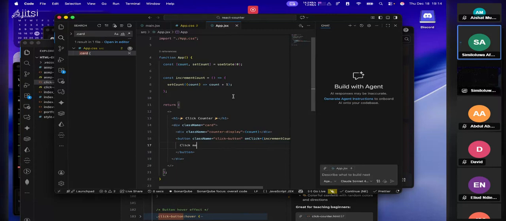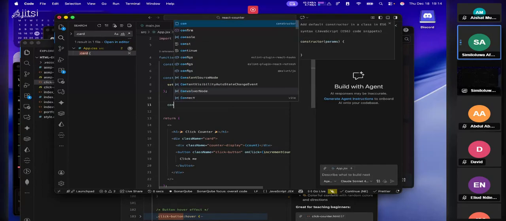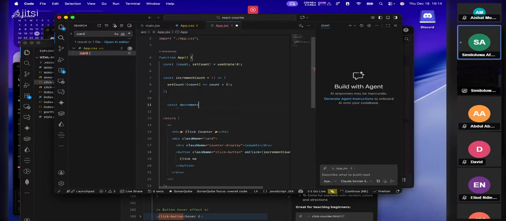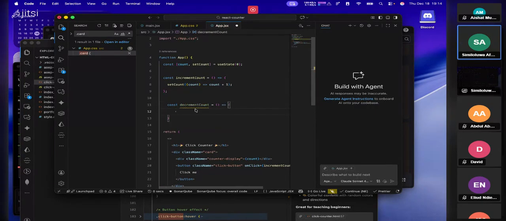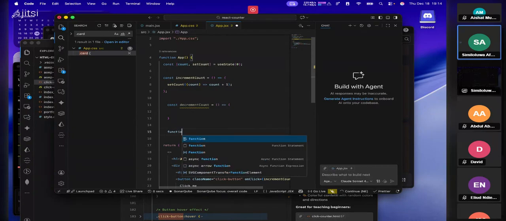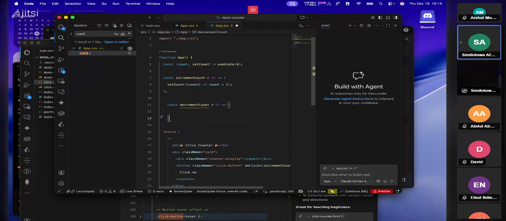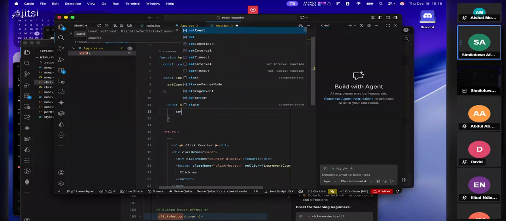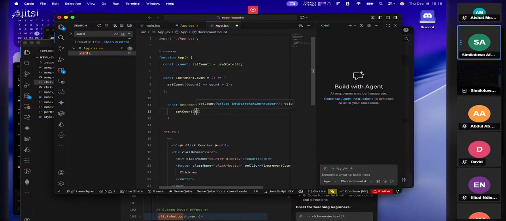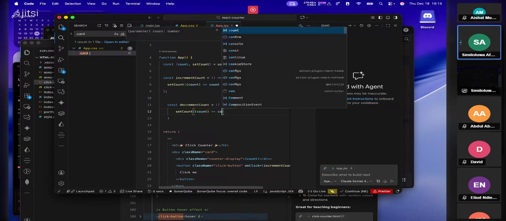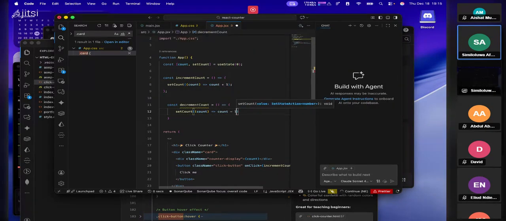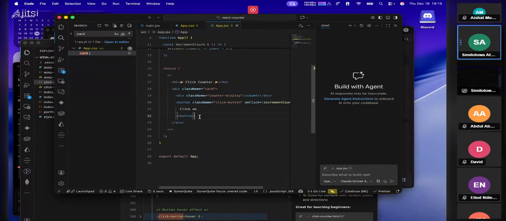Count minus one. So basically, what you do is you create another function, say decrement count, and you write your function with your arrow function. If you wanted to use the old way, you say function and you write decrement count like this, like the same one we did yesterday, and we write it this way. All right, this is the old way, but this is the new way of writing functions. And basically, they'll set count and say count minus one. All right. So now this function is not attached to any button, but let's now say